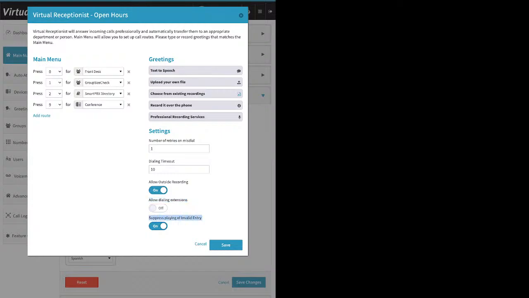And then here we have the suppress playing of invalid entry. By default, this is off, by the way. So what happens? This is when someone presses 3. The system will tell them that's not a valid entry. If you turn that on, you're suppressing it. That means someone presses 3, the system doesn't tell them anything, but it will replay the greeting, so then the person can enter in another greeting option